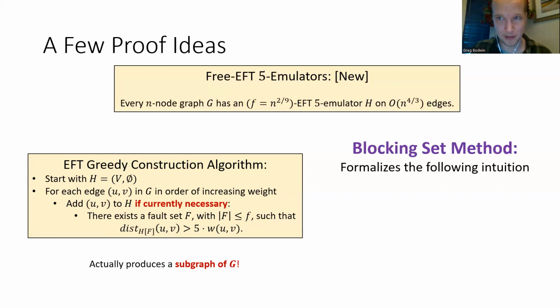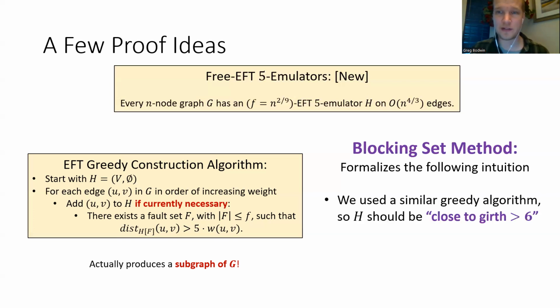We're using the blocking set method, which is a strategy that's been used in the last few papers in this area, but it formalizes the following intuition. A moment ago, we were talking about a similar greedy algorithm, and we showed that it has girth greater than 6. This is different, and so it is not still true that the emulator we produce is going to have girth greater than 6, but just at a very fuzzy intuitive level, because we are using such a similar algorithm, it might feel like the emulator that we produce should be close to girth greater than 6, whatever that means,